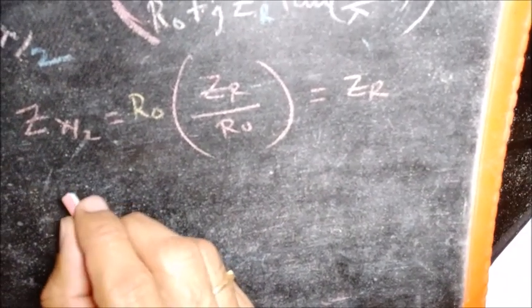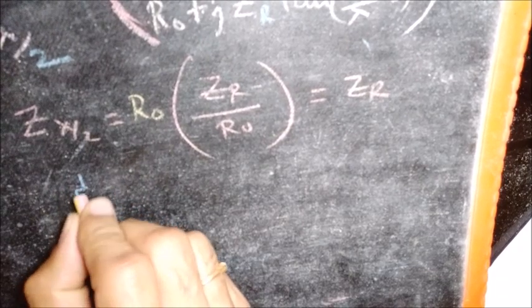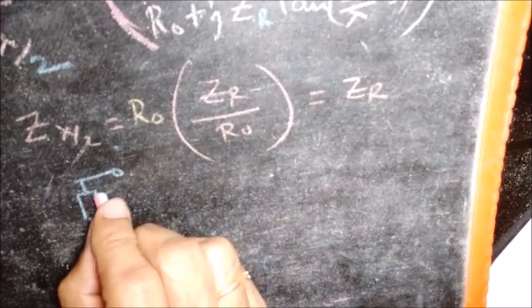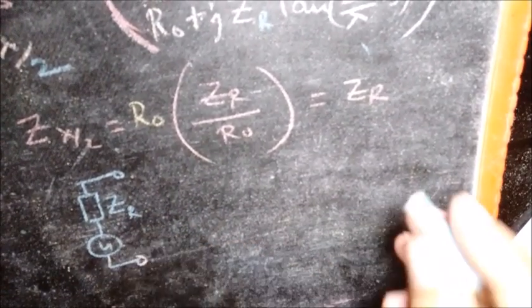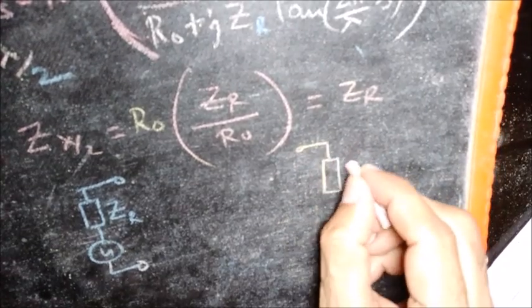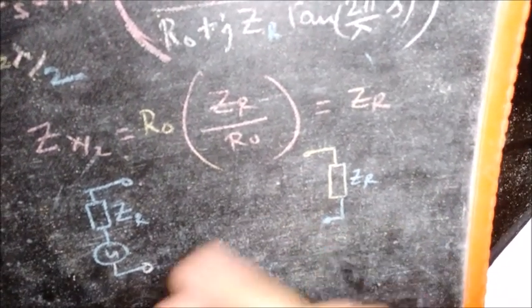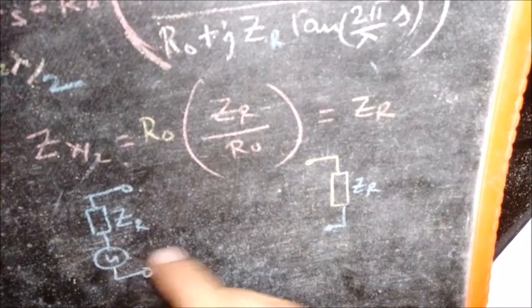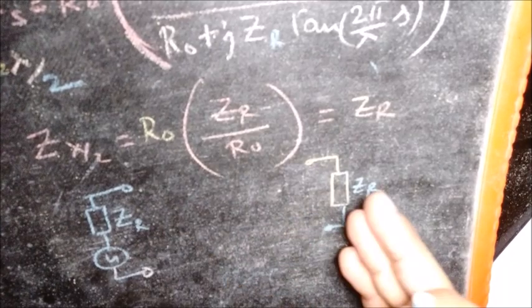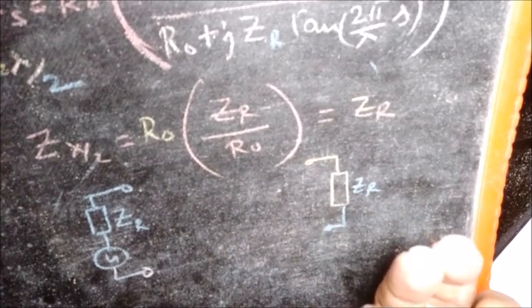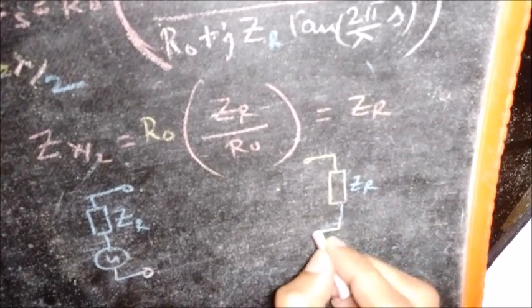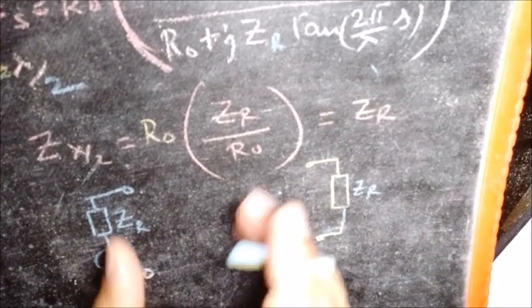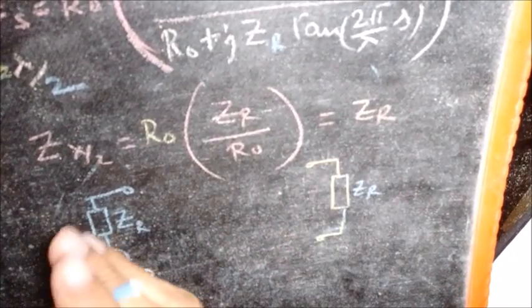Now what is a possible application? Let's say we have a signal source with ZR internal impedance, and we have a load which is ZR. Now it is perfectly matched, but let us say that the distance between the two is not very close, not physically close to each other. If it was close, we could have just connected it and we would have had a perfect match. But let's say it is not close and we need to have something to carry these signals from here to there.